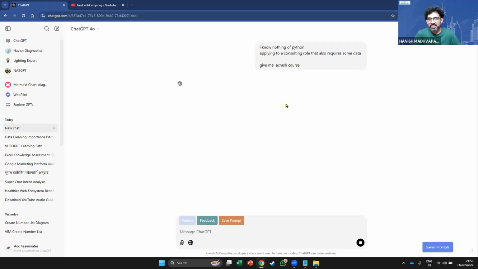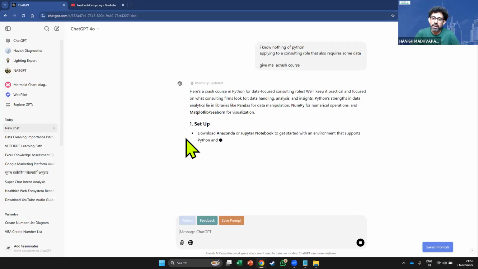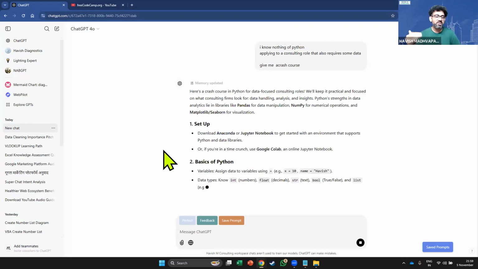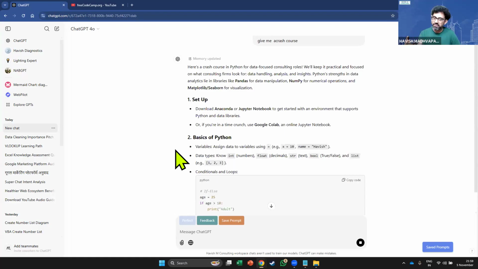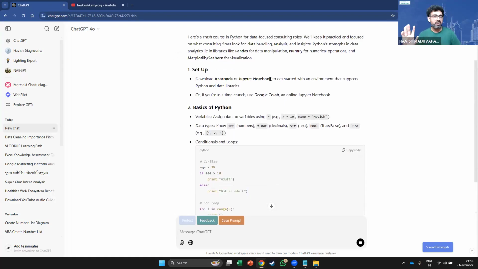Of course, it will help. It's better than nothing. I'm not saying this is the only thing you should do, but I think this goes quite a long way. I know unless you practice, you won't know, but at least there's a familiarity, no? Okay, there's an Anaconda, a Jupyter, a Google Colab. Even if in an interview, you say, I'm aware that Anaconda and Google Colab is used. And they ask you, have you done Google Colab? Even if you say, I haven't used it, the fact that you're aware of it, the fact that you know of it, I think also shows a lot of confidence. See, you see what I mean, no?